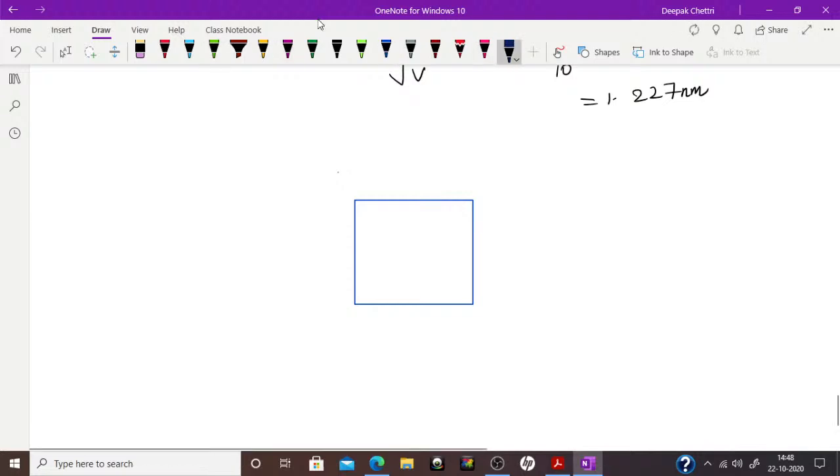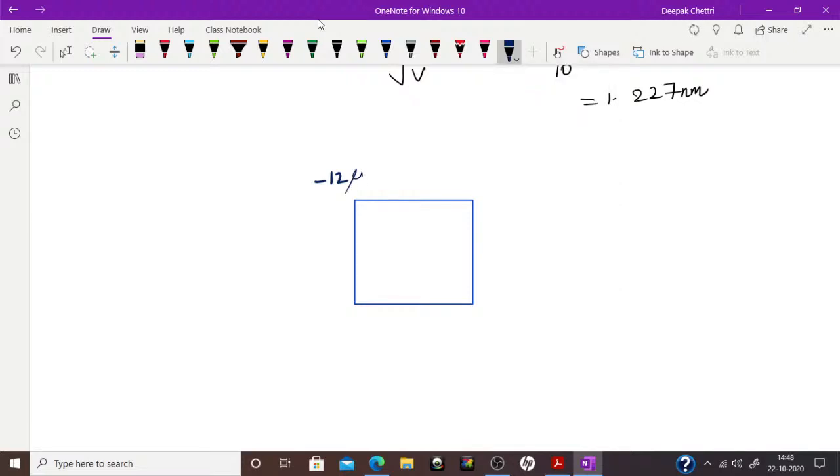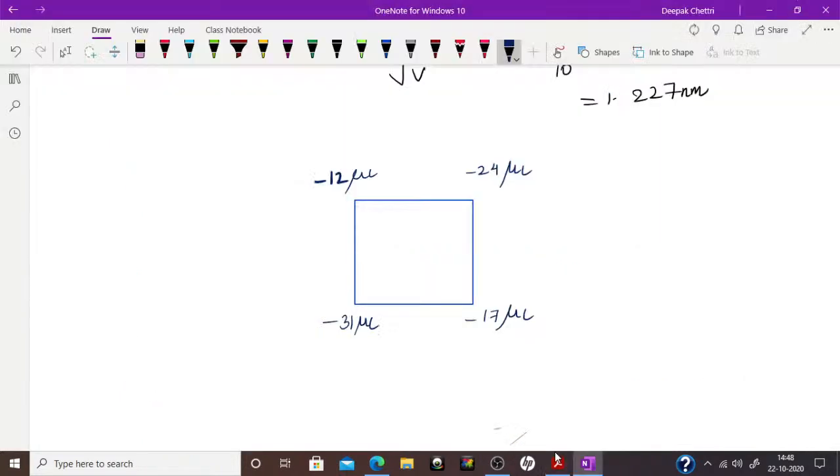Right? 4 charges which are -12 microcoulomb, -24, -17 and -31, right? These are, I think, okay, plus these are plus, so plus 31 plus 17, what will be the